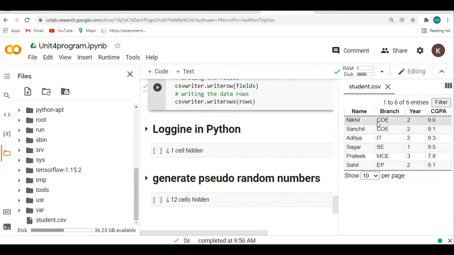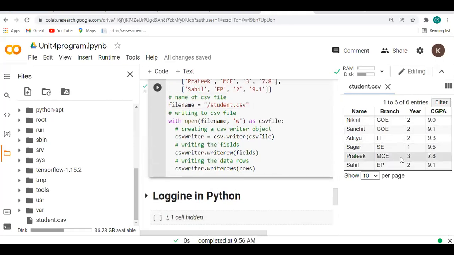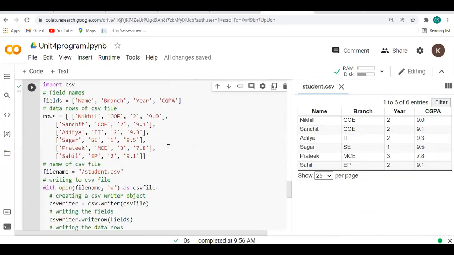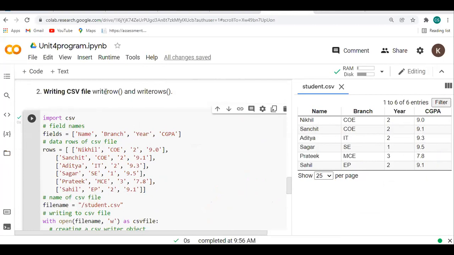Okay, so you have to see here now my CSV file with this data that I enter right now. Means what I should do, I will create a totally new one. Here suppose I give the range of 25, but in my CSV file right now, in this list only 6 names are there. So this will be the write operation. We are using two methods, writerow and writerows. If you want to display more data than that, you have to insert it here.